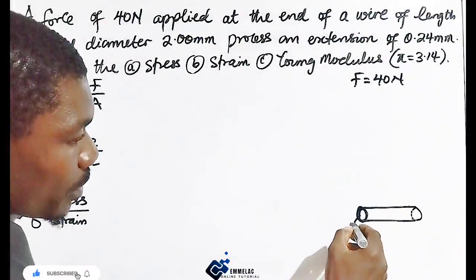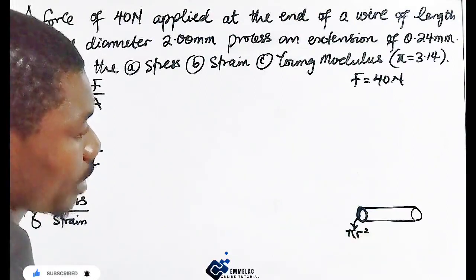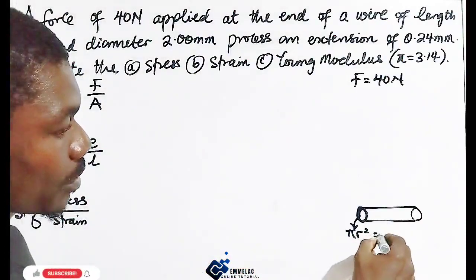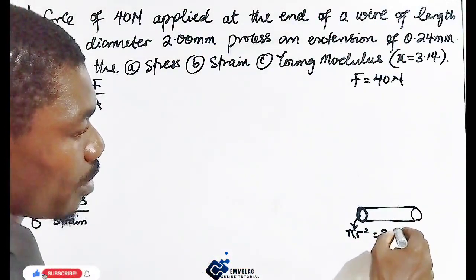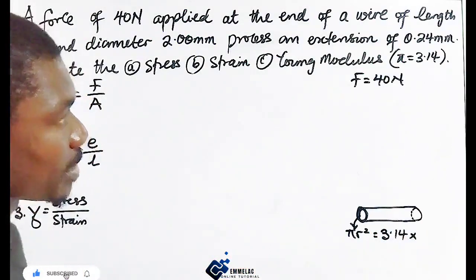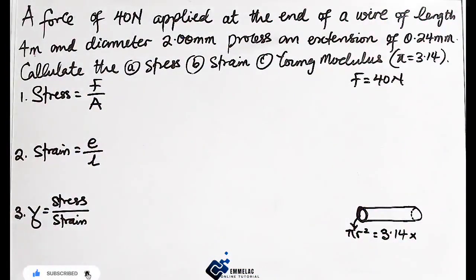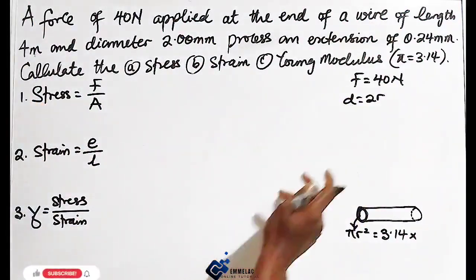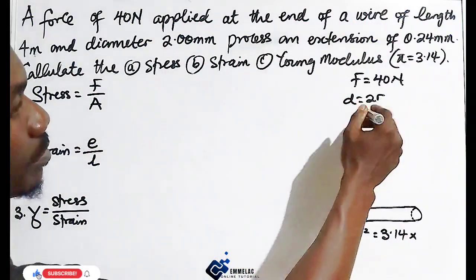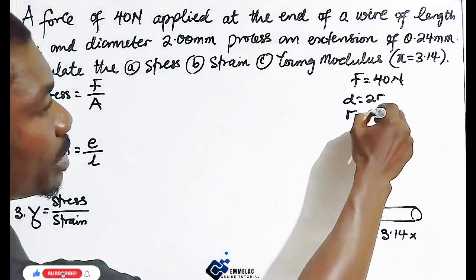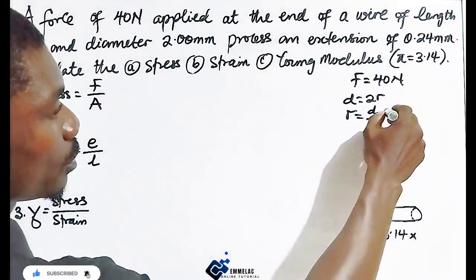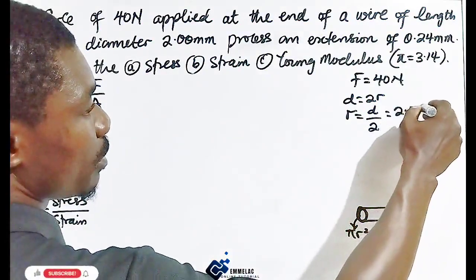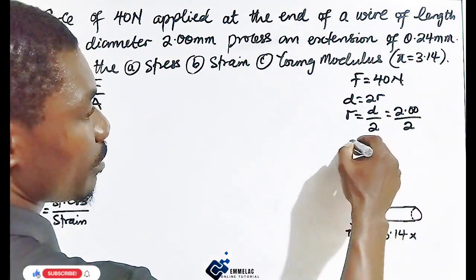So, we know that the area of a circle is pi r square. Okay, and from the question we are told that pi is 3.14, times, now the radius is not given, but we are given diameter, and we know that diameter equals 2r, right? Okay, and to this end we can make r the subject of relation. That would be diameter all over 2, and here we have 2.00 millimeter all over 2, and our radius will be